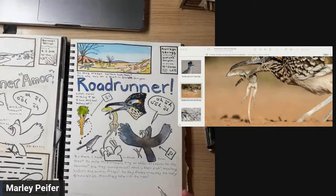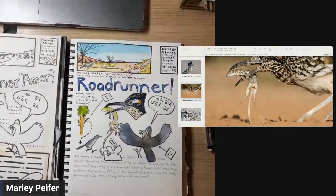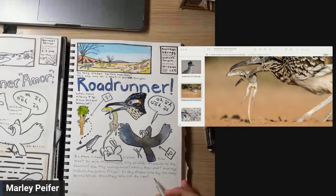It also assumes that they are coping. How do they cope with the heat? Part of that question assumes that they cope with the heat. What if they don't cope with the heat? So the way we formulate our questions can lead us in certain directions that don't allow for other possibilities. And I think nature can be really complicated. So another question maybe could be, do roadrunners